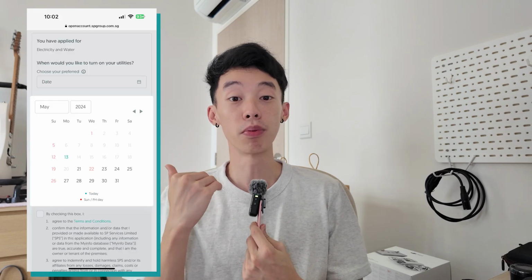Next, you can either fill in your personal information manually into the form, or you can use SingPass. Highly recommend to just use SingPass because all of us probably have SingPass. It autofills much faster and your information is safe. Once that is done, you will be brought to a page where it asks you to select your preferred time